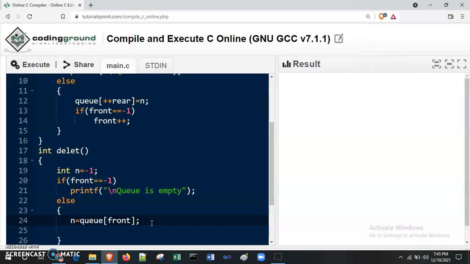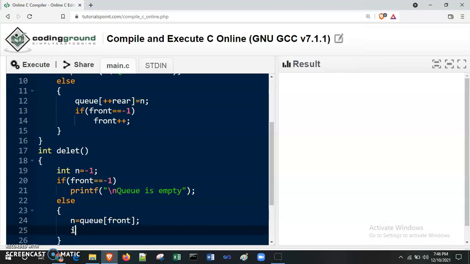So how can we check whether it is the last element or not? See, if there is only a single element present inside Q, then both front and rear are at the same location. So this is the only condition we may check.